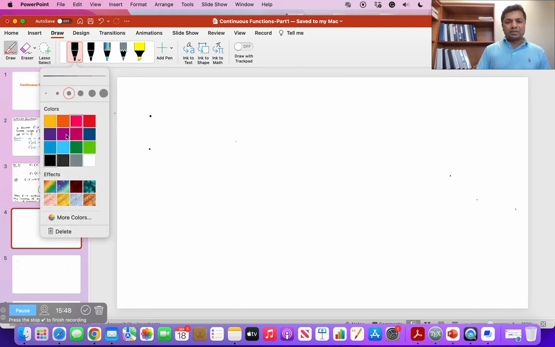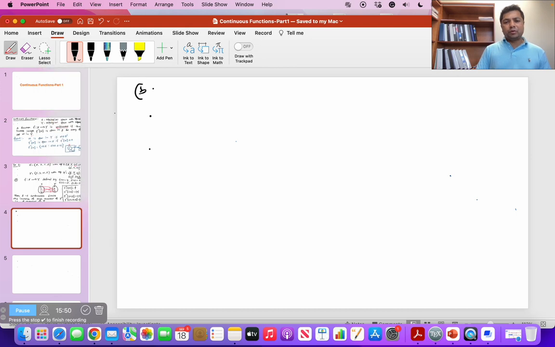Second part of the same example. Now here I'm going to give you a function which is not continuous. In the first part I gave you an example of a function which is continuous. Now next I'm going to give you an example of a function which is not continuous. Let's consider a function g from the set X to Y